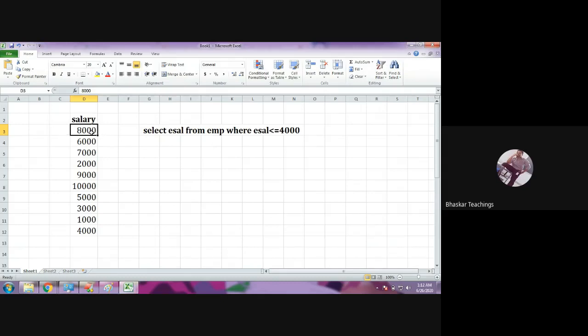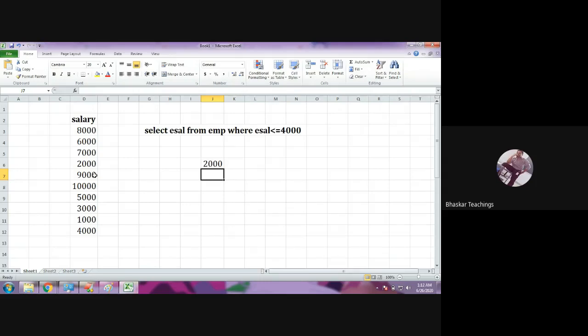Next, the second comparison, it is checking the second row, next the third row, next the fourth row, and 2,000 is selected, yes, because it is less than 4,000. Next it is checking 9,000, 10,000, 5,000, 3,000, yes, 3,000 is less than 4,000, next 1,000 and 4,000. In this way it has checked each record.